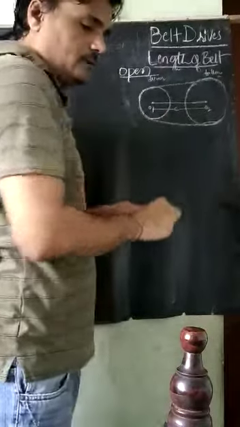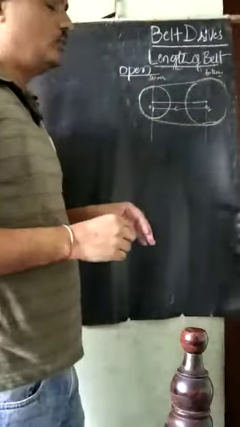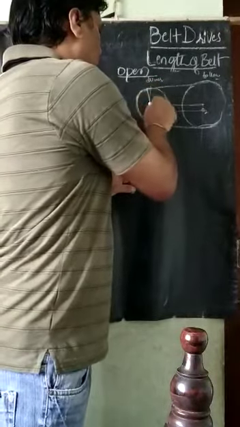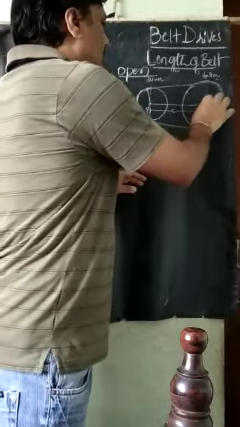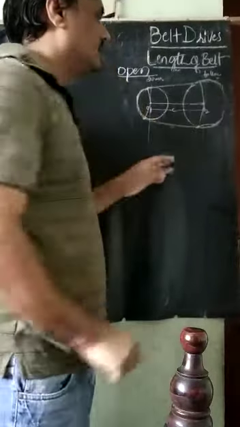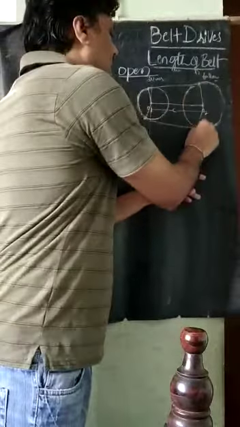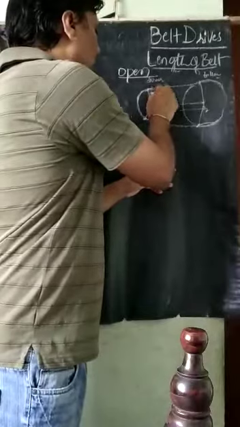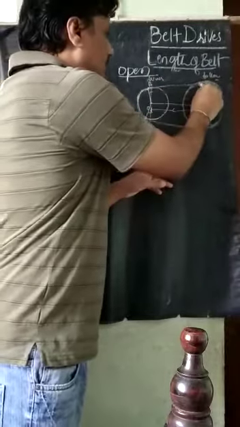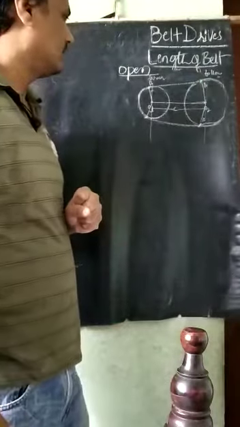Next, to mark where the belt contacts the driver and the follower: on the driver it is contacted at this point, and on the follower it is contacted here. Why? Because this follower pulley is the bigger one, so the contact points are like this. This subtended angle is taken as beta. Here also it is beta, and here also it is beta.